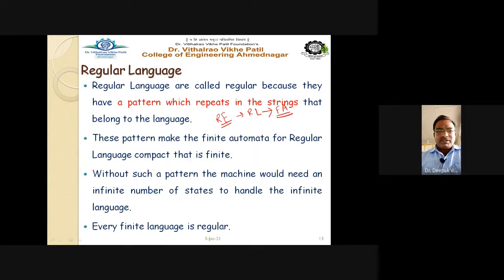Conversely, I can say that the language which is defined by your finite automata, more correctly, is called the regular language. And we have already discussed that finite automata is nothing but the graphical representation of the regular language, whereas the regular expression is the mathematical model to represent the regular language, right? Okay, that's all. But why is it called regular?